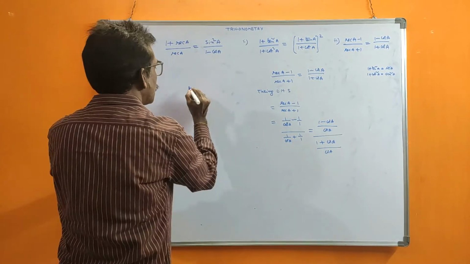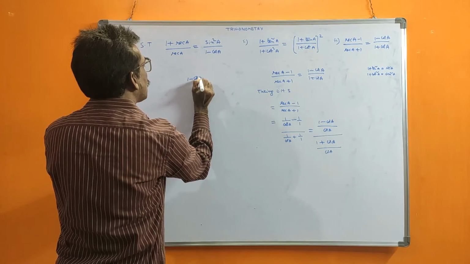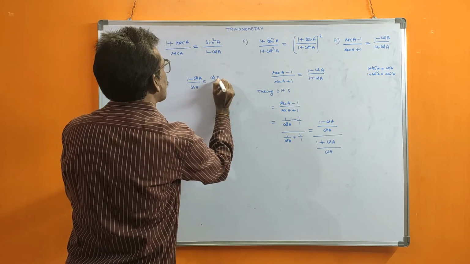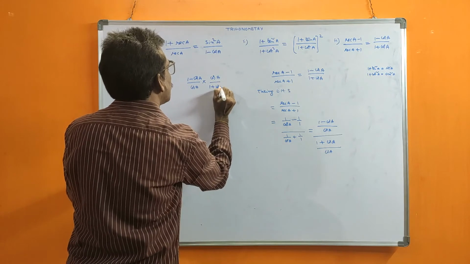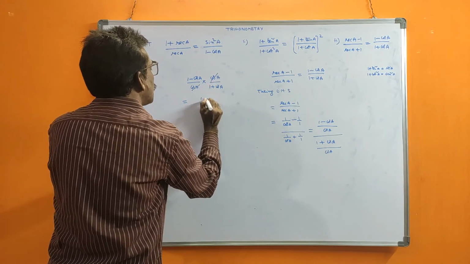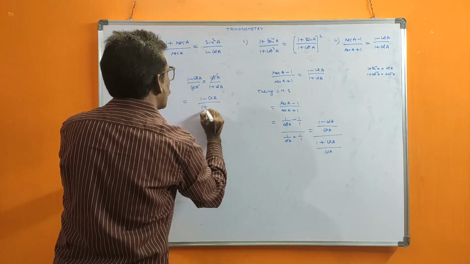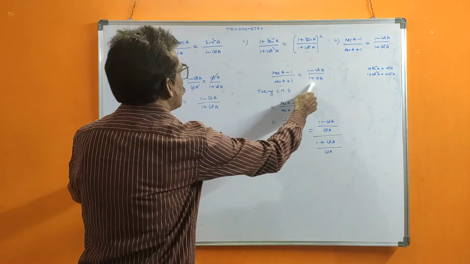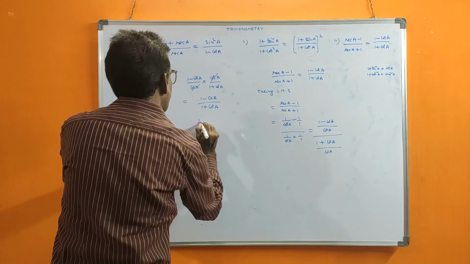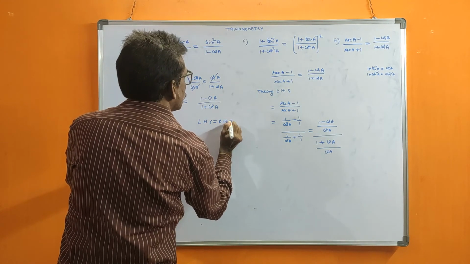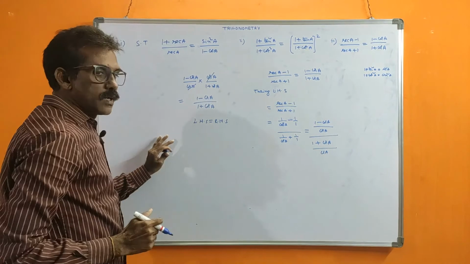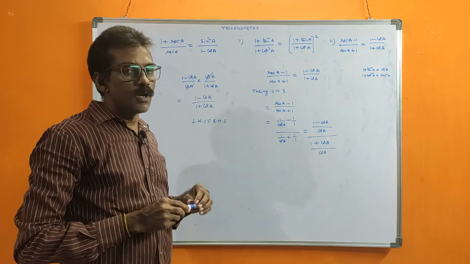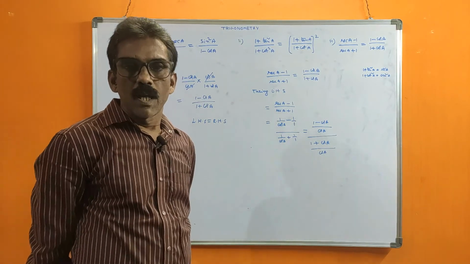Now I am writing 1 minus cos A by cos A into the reverse, cos A by 1 plus cos A. Cos A can be cancelled, remaining 1 minus cos A by 1 plus cos A. That is the RHS. Here directly, LHS is equal to RHS. We took LHS directly and RHS came. But maybe some problems will not come directly; in those cases you simplify the RHS also. I hope everyone understood this problem.